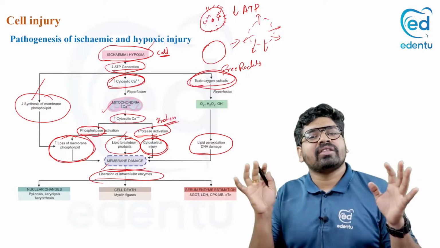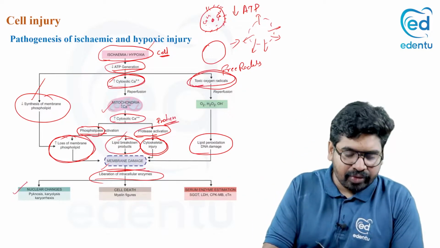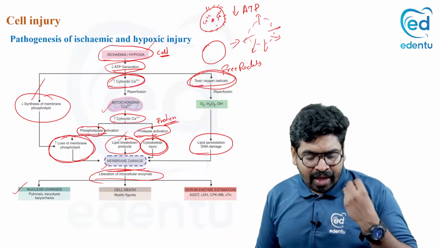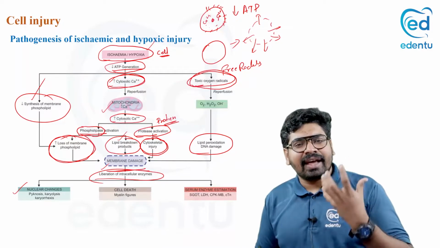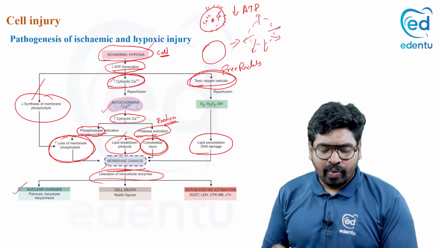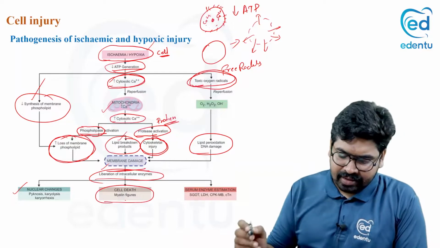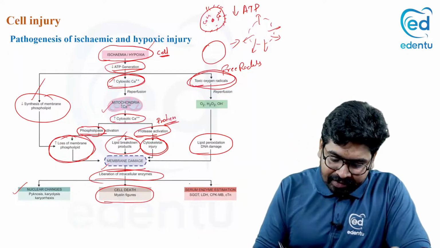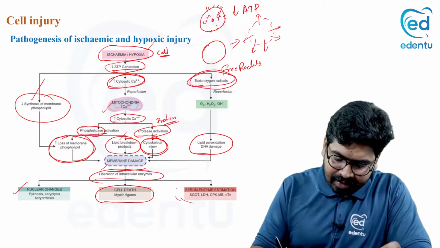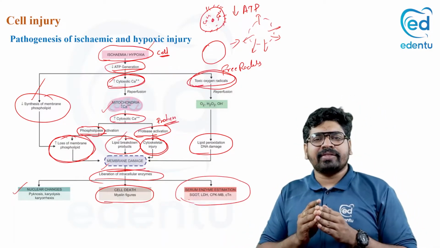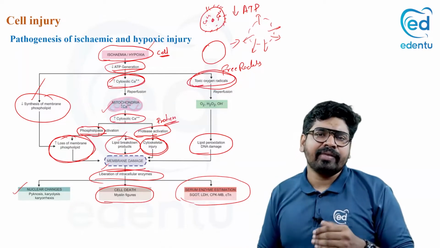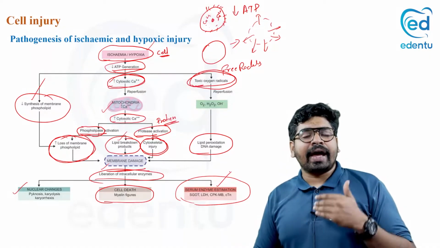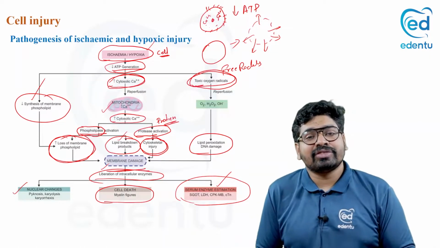When the cell membrane is damaged, the nucleus will also get damaged. It is called pycnosis, karyorrhexis, and karyolysis. Karyolysis means there is a lysis of the nucleus. So what happens? There is cell death. And what else you can see is that there is an increase in your serum enzymes, because the enzymes present in the cells will leak out and be present in your blood. So these serum enzymes will help you diagnose a cell injury which is occurring in your body.